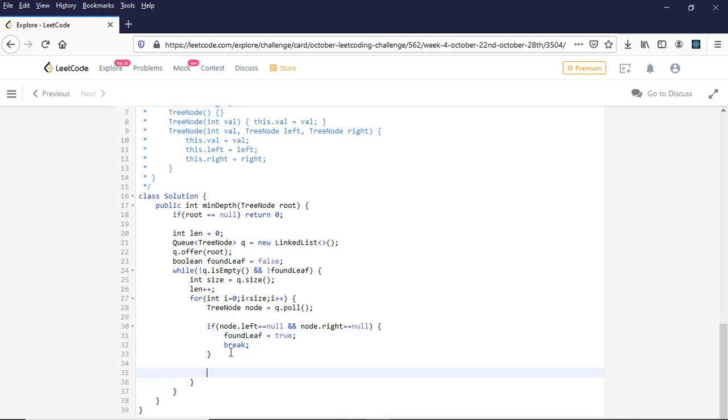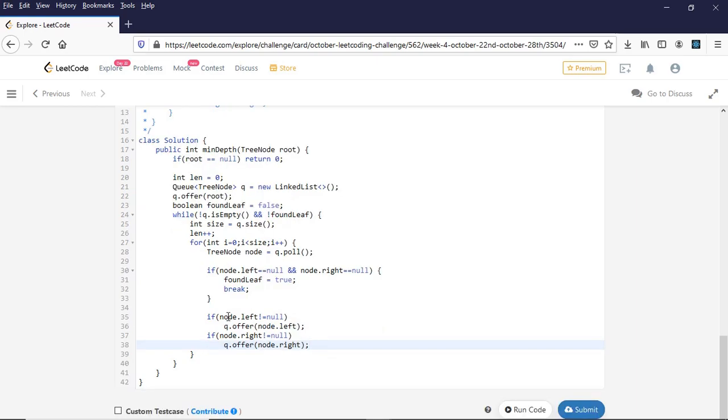Now if this node has child nodes, I need to add the child nodes into the queue. So I'll check if the left child is not null, then add it into the queue. If the right child is not null, then add that into the queue. This way I am going over the child nodes for that particular level and adding them into the queue.